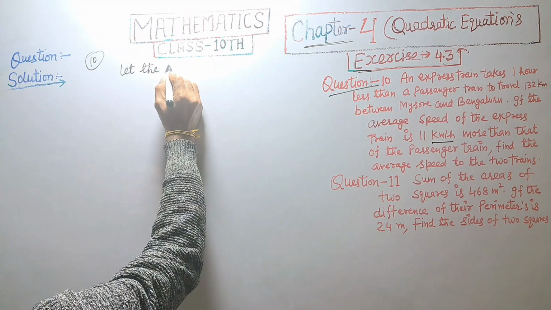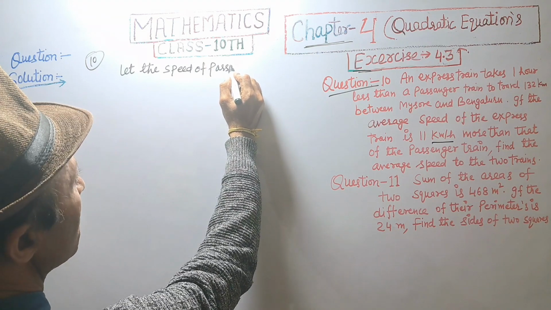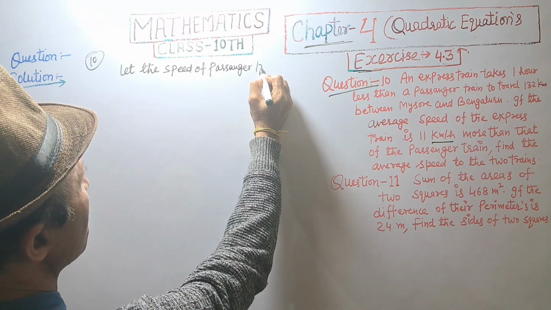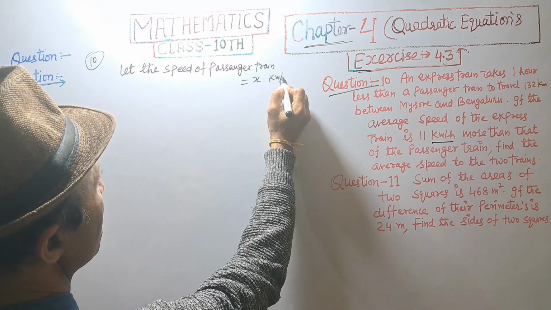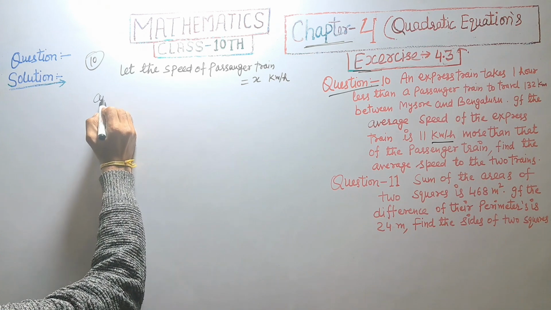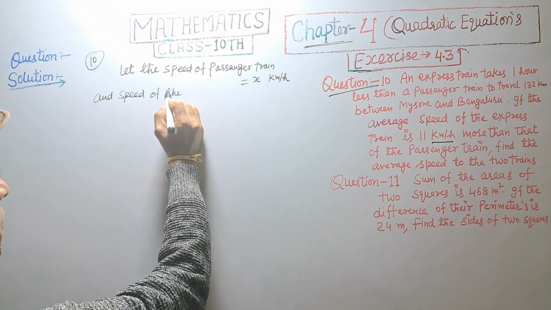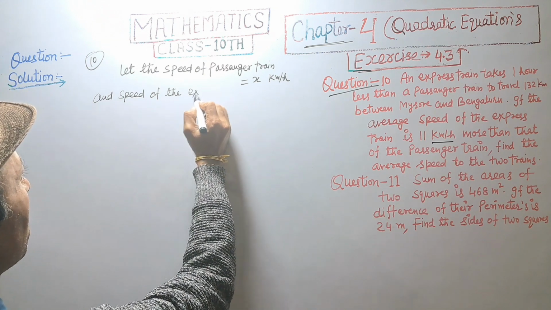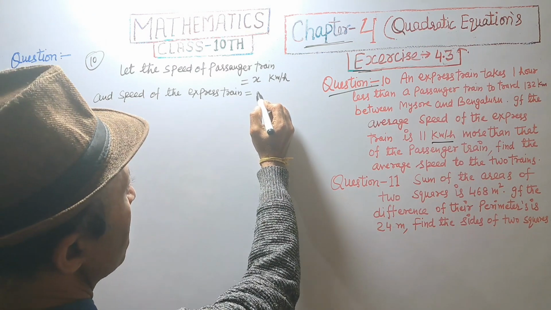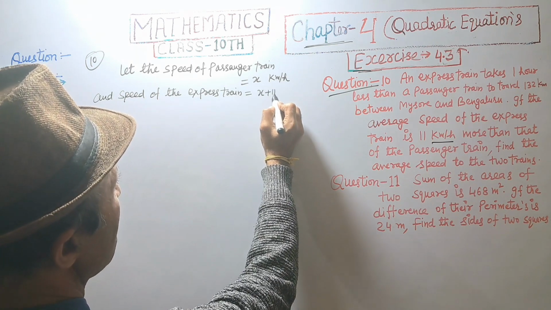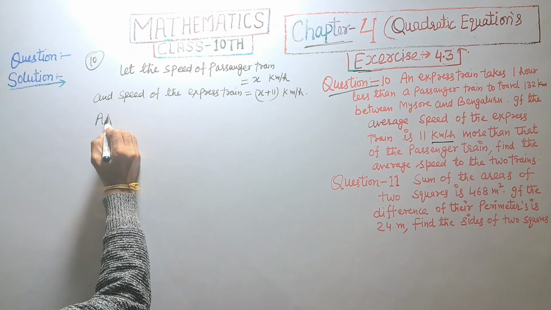Let the speed of the passenger train be x kilometer per hour and the speed of the express train be x plus 11 kilometer per hour. According to the question,